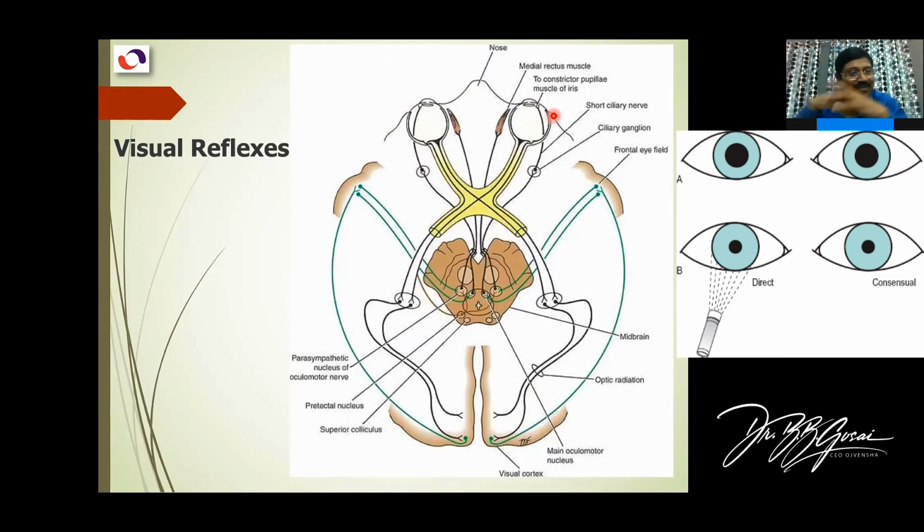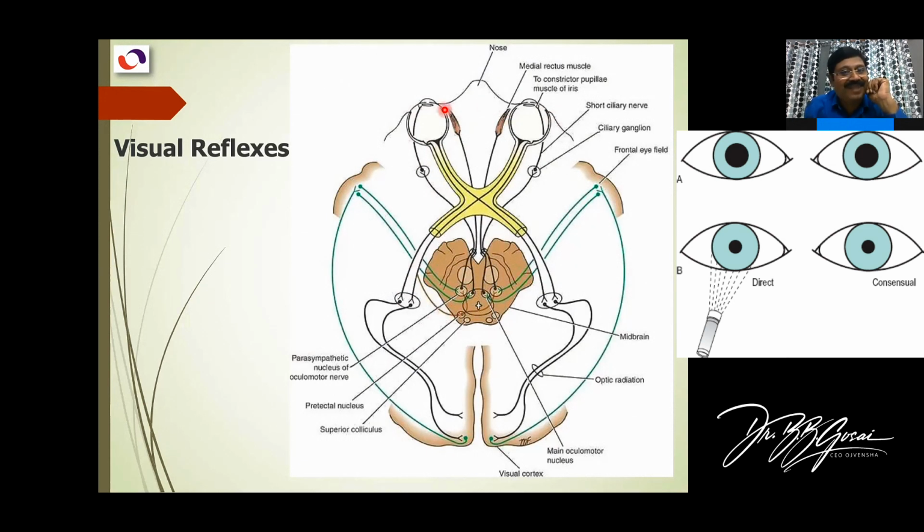There are a lot of paragraphs in your presentation, so if you go by paragraph, you will get confused. Trace with me these particular fibers. I made a flowchart-like thing, clear with arrows, so you know where the fibers go from and to. So the direct pupillary reflex is the constriction of the pupil on the same side, and on the opposite side it is the consensual pupillary reflex. Why does this happen? Because the fibers from the pretectal nucleus project to both oculomotor nuclei, and that's why the constriction takes place on both sides.